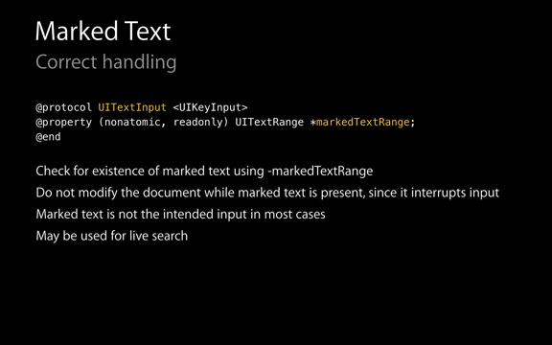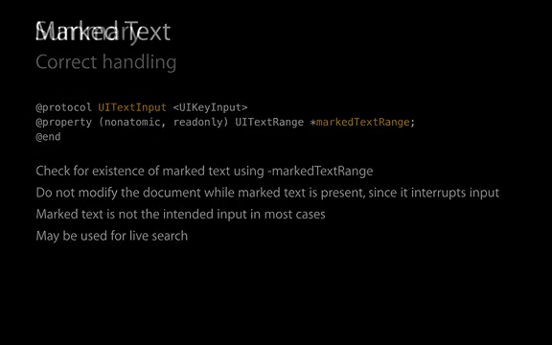And of course, while the marked text is there, you can use it for other things like auto-completion or showing some predictions to the user. But what you should remember is that this is not their final text. And often the marked text is not going to contain meaningful linguistic content because it's just the input codes for that input method. So use it for live search if you like, but note that it might not be the user's final content. And that is really all. Well, that's not all,